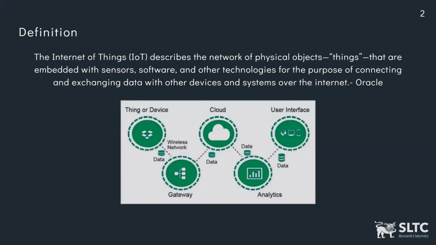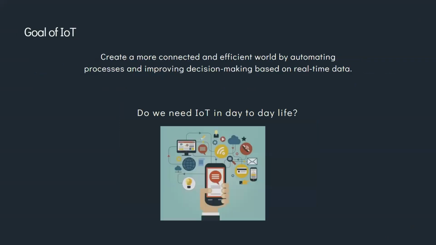So at the end, what we want to do is give our customers an idea about the certain scenario that they are considering, and the certain application that they want to know some more information in. So the goal of IoT is to create a more connected and efficient world by automating processes and improving decision making based on real-time data, right? So IoT systems are used mostly to automate processes and improve the collection of data autonomously at certain locations, and then use such data to make decisions, use such data to